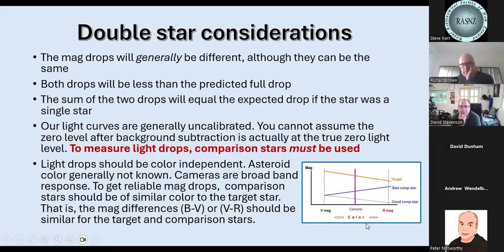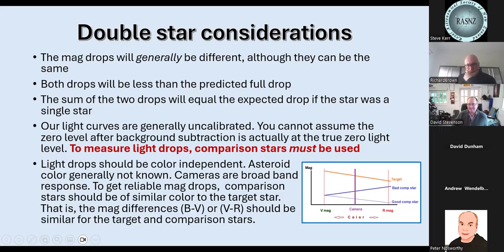If your peak camera response is, say, here, and your target star has a colour magnitude slope like that, and your comparison star, so that would be a blue star, and this would be a red star, and the magnitude difference there is not great, the magnitude drop there is large. If your camera peak response is in the middle, then the actual change there is less than what you think